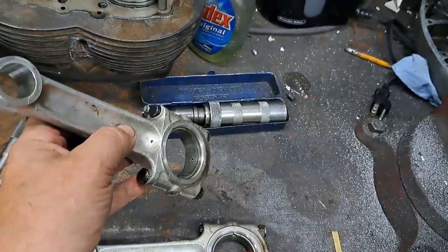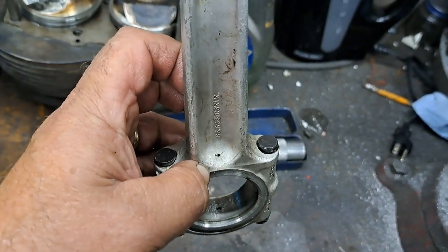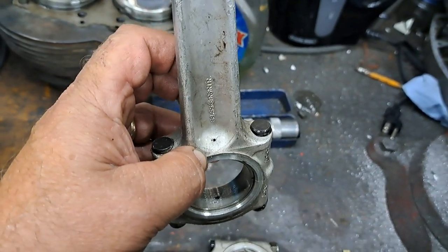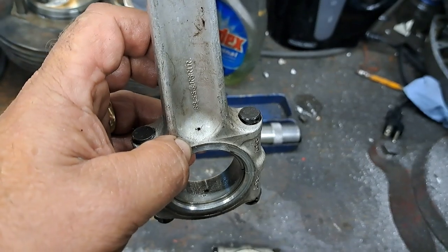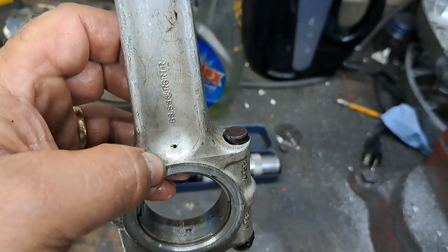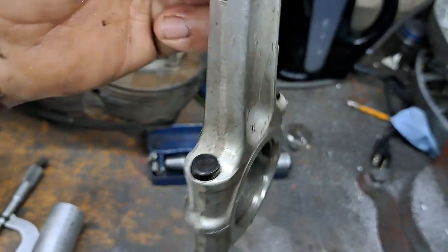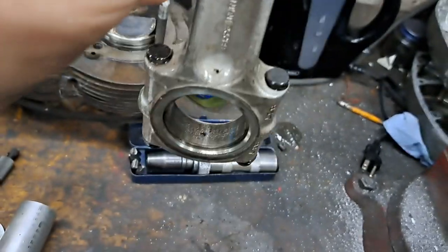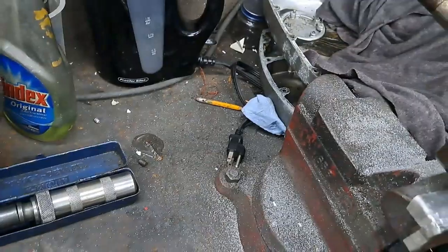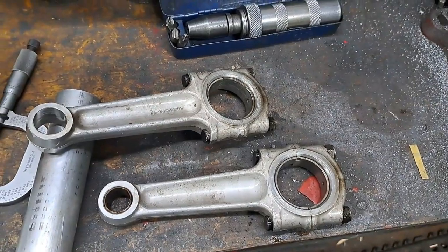So anyway, I just wanted to mention the left rod on these engines usually comes with one hole on one side. If you have a rod with one hole, that hole faces outwards toward the bearing, which would be that bearing right there. And the idea is to give that bearing a little bit of extra lubrication. But this connecting rod has two holes. Maybe they changed this in 1969, I don't know, but anyway, a little extra oil coming out of there to help lubricate the bearings in the cylinder. Doesn't hurt at all, as long as it doesn't take too much oil away from the